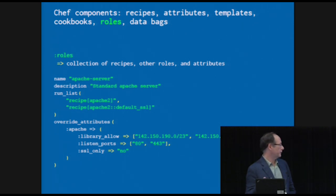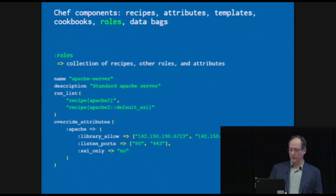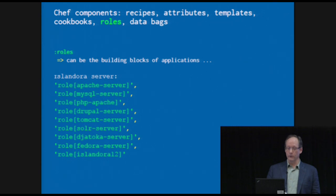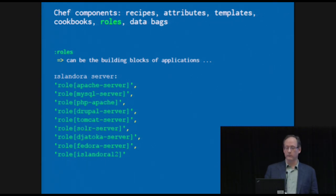You might say, have another role called Apache server SSL, in which SSL only is yes. Then you can just reassign those roles to servers as you need and have their configurations come alive automatically. Roles can also contain other roles, and the thing that's executing now in the background, our role for Islandora server, is doing each of these tasks in sequence: Apache, MySQL, PHP, or LAMP server role, Drupal, and Tomcat, Solr, Djatoka,